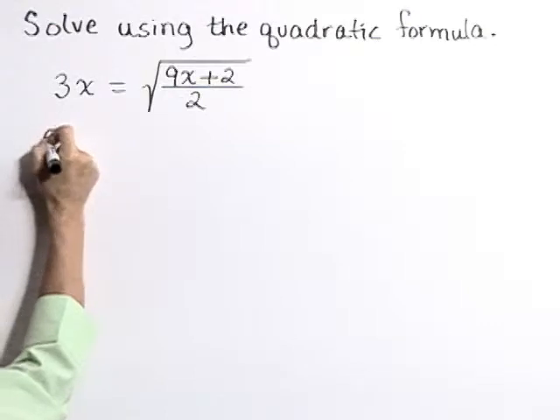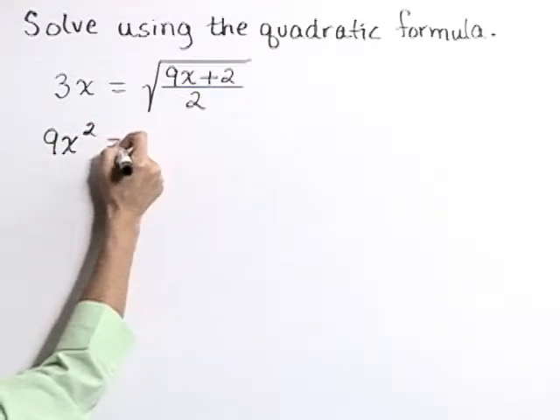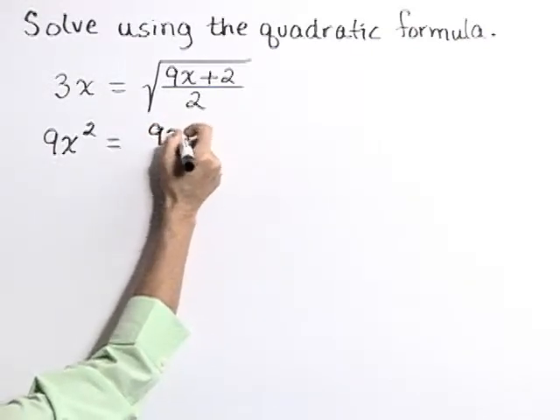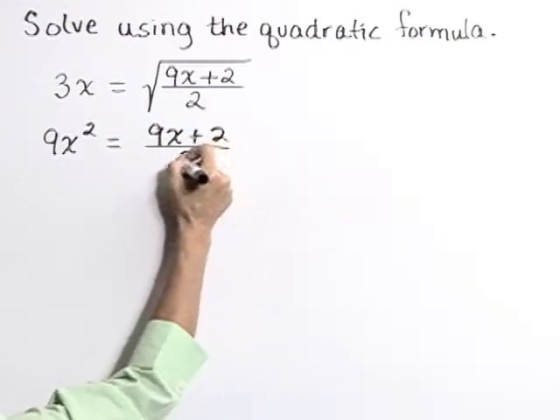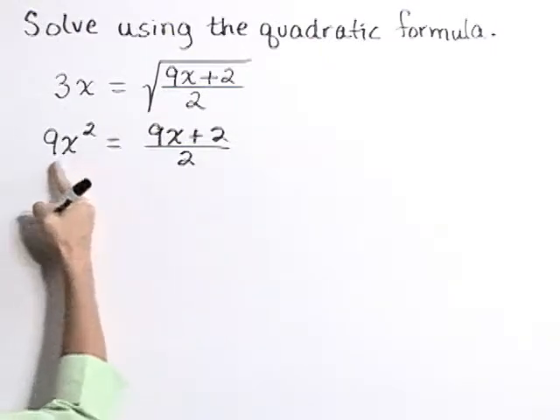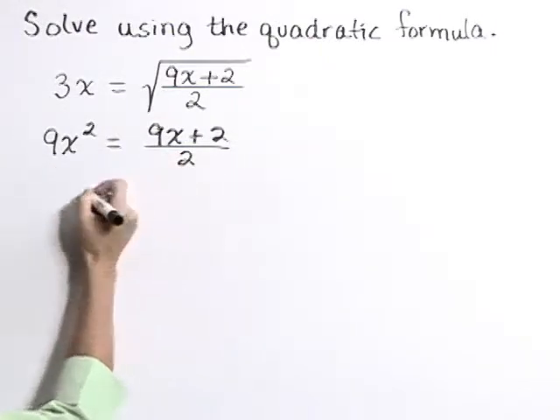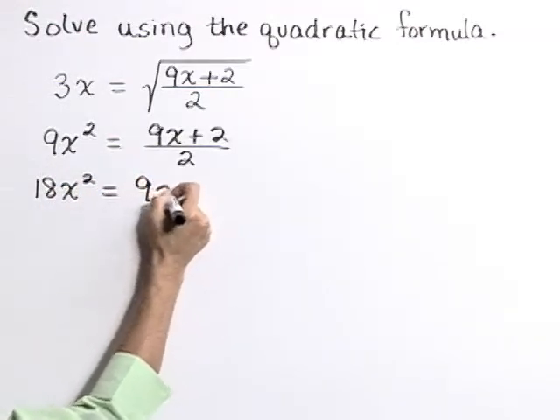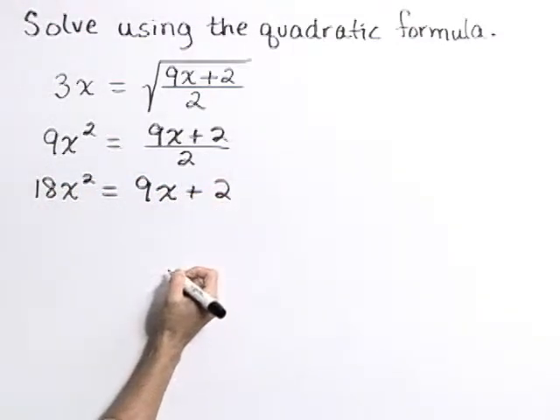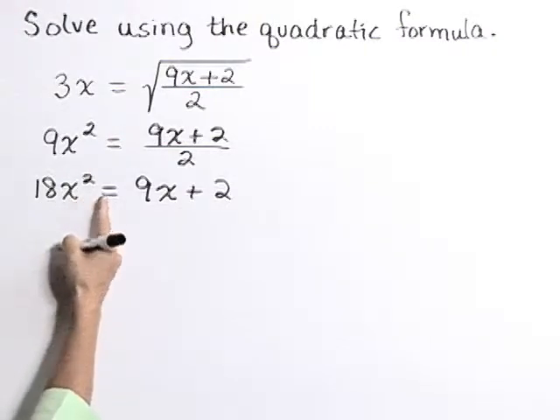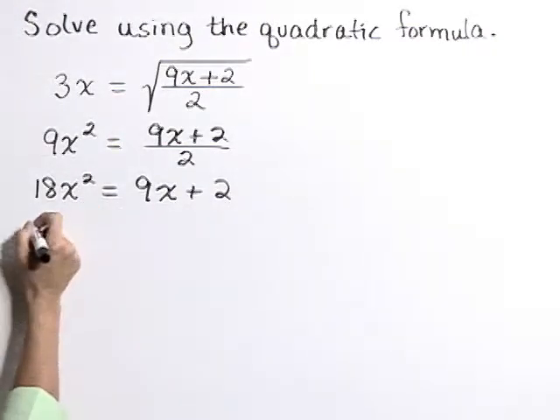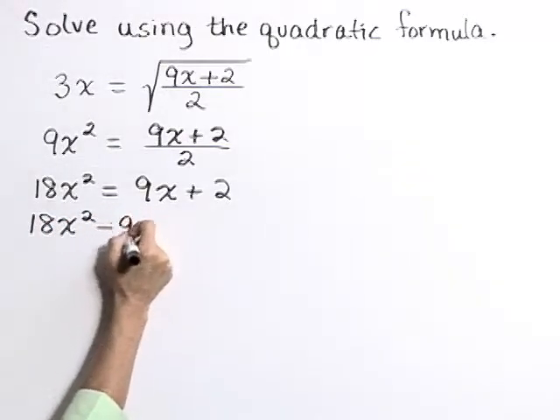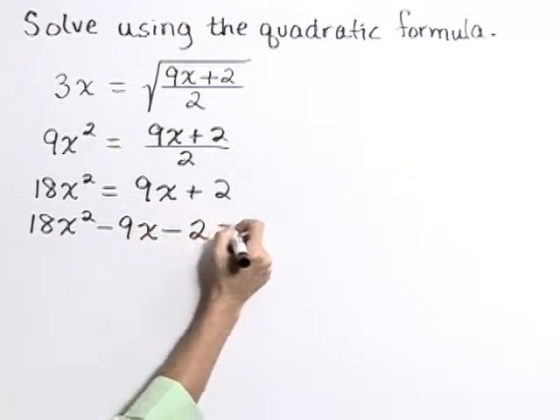Square the left to get 9x squared. Square the right to eliminate the radical, giving (9x plus 2) all over 2. Next, multiply both sides by 2 to get rid of this denominator. That gives 18x squared is equal to 9x plus 2. We see we have a quadratic equation. Let's put everything on one side and write this in standard form as 18x squared minus 9x minus 2 is